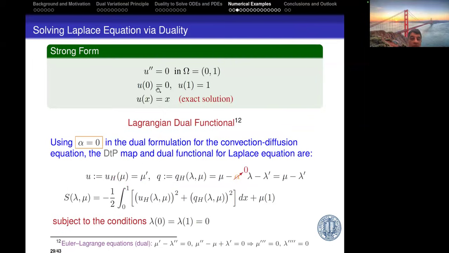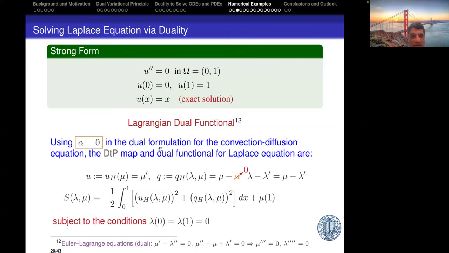So I take obviously a very, very simple problem: u double prime is 0 in omega (0, 1), and u of 0 is 0 and u of 1 is 1. So the solution is x. Of course, why would one solve this problem at all with this? But just to understand what's going on, I think it's beneficial, especially if you're new to this. Okay, so now I say use alpha equal to 0 in my DTP map before,